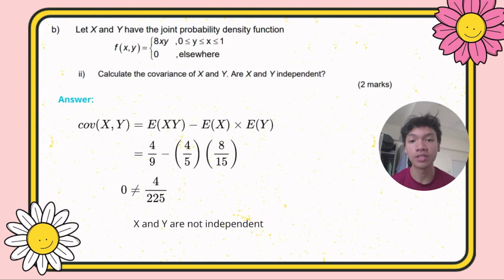Moving to the last question. Calculate the covariance of x and y. Are x and y independent? So to find the covariance of x and y, the formula is the expected value of xy minus the expected value of x times the expected value of y. So we substitute the values from the answers that we got from B1. So we substitute 4/9 minus 4/5 multiplied by 8/15, and the final answer we got is 4/225. Since the answer is not equal to 0, x and y are not